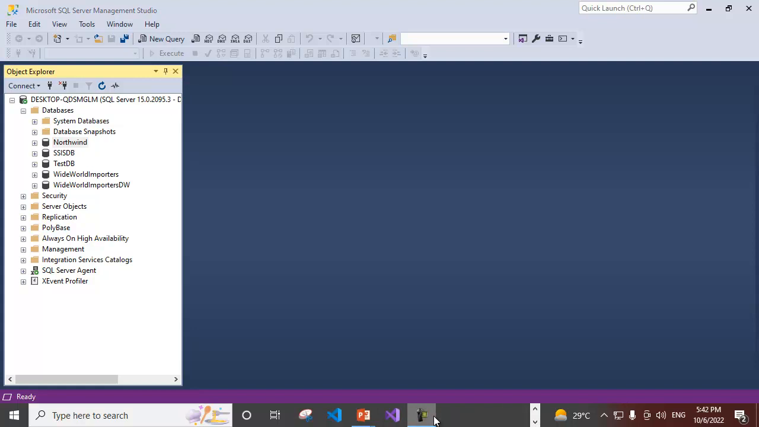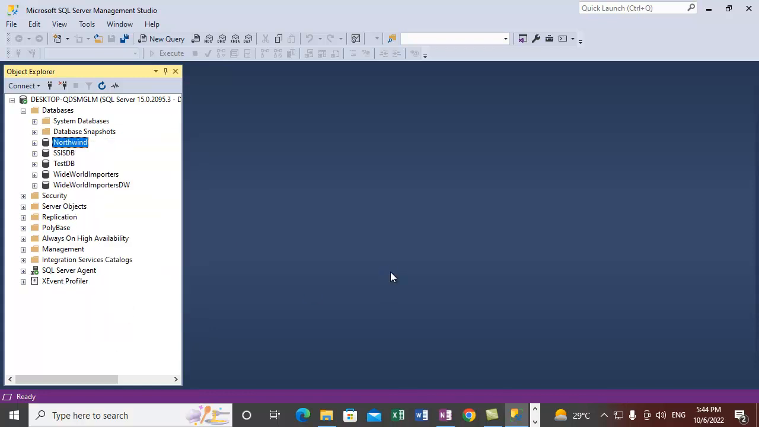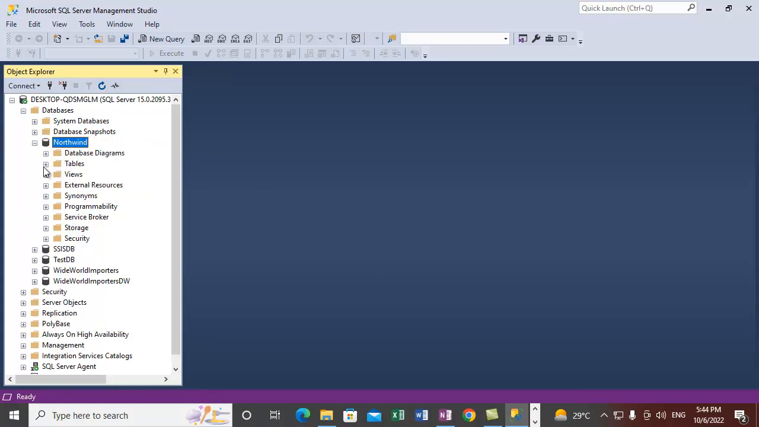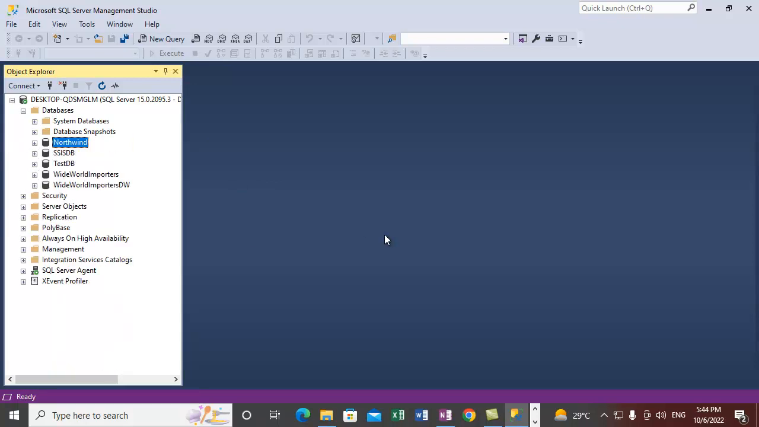Alright guys, so we have shown you how you can restore the database. So Northwind is now restored. Let's see if we can refresh this database. It's refreshed. Now let's see. Yeah, all the tables are now in there. Alright, so the same thing can also be done using the